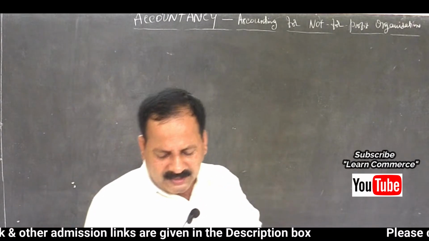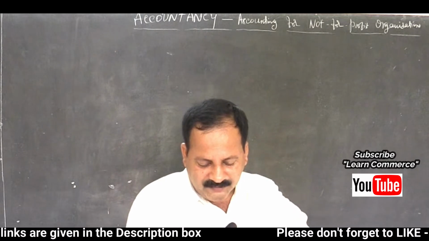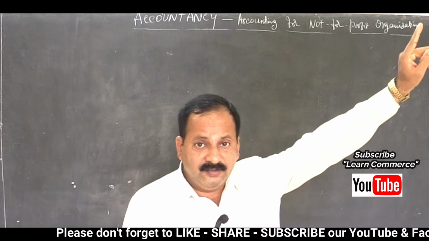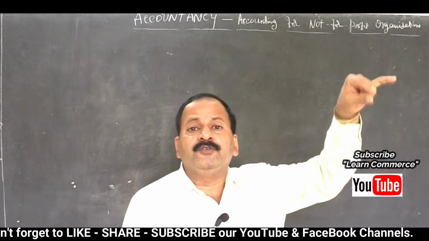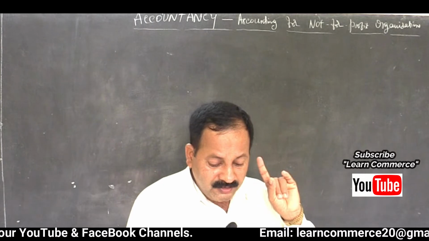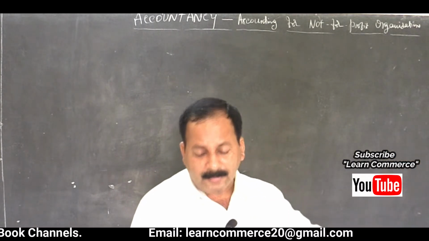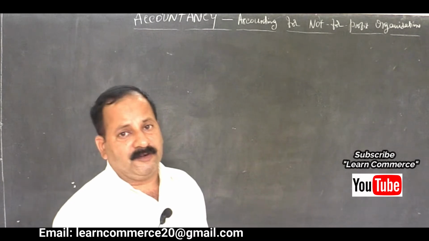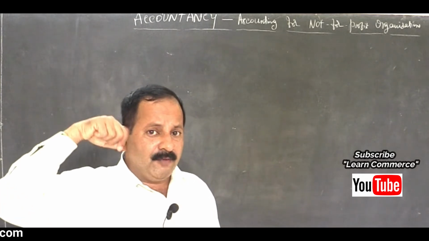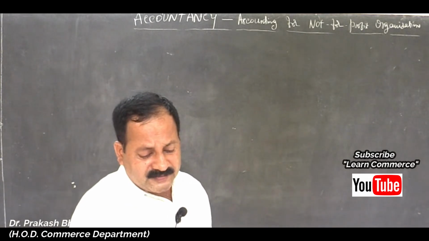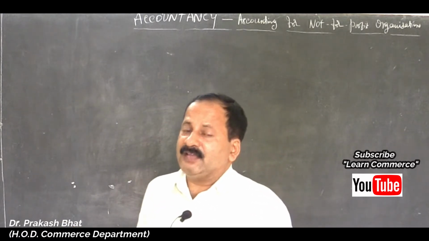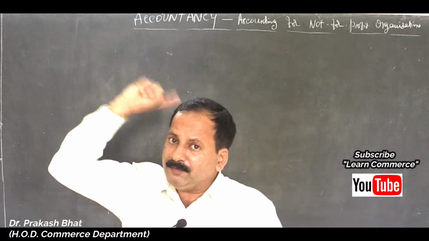Prepare the income and expenditure account and balance sheet with the help of the following information. Subscription outstanding on 31st March 2017, that is at the beginning of the year, 1st April 2017. It is the outstanding subscription of last year, which means it is included in the current year's subscription. Last year's subscription which was outstanding, we have received during the current year, and it is included in the subscription amount of 40,000 on the receipt side. So it should be deducted as it belongs to the previous year, not the current year.